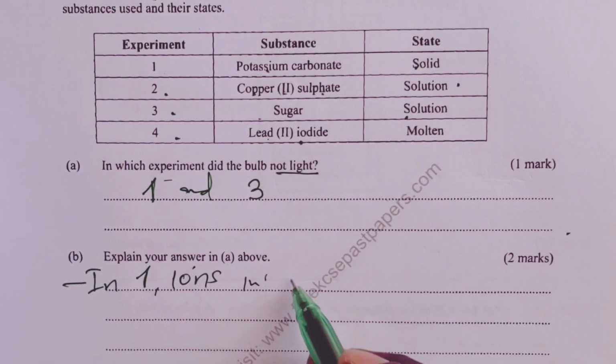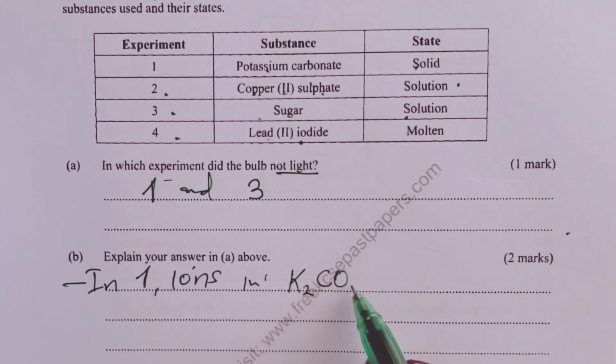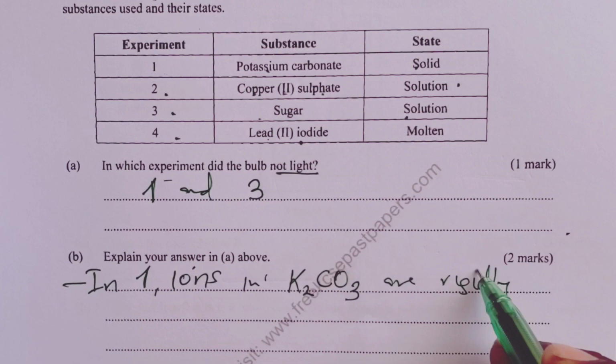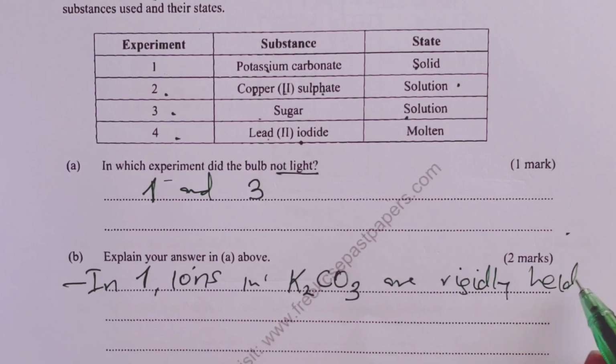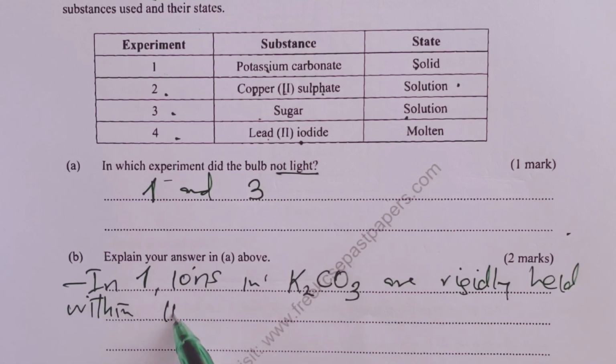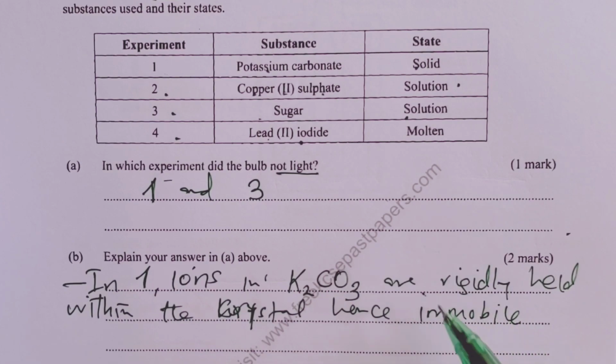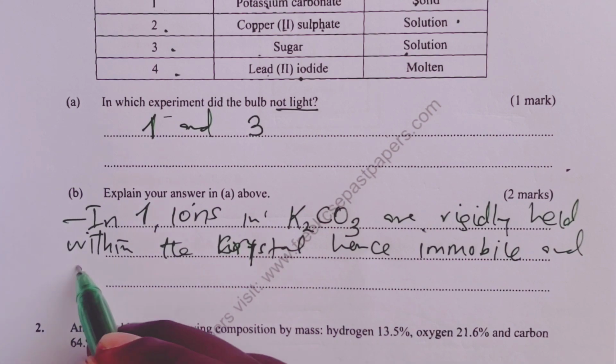So ions in our potassium carbonate are rigidly held within the crystal. They are rigidly held within the crystal, which means they are not mobile. So they are rigidly held within the crystal, hence immobile, and cannot